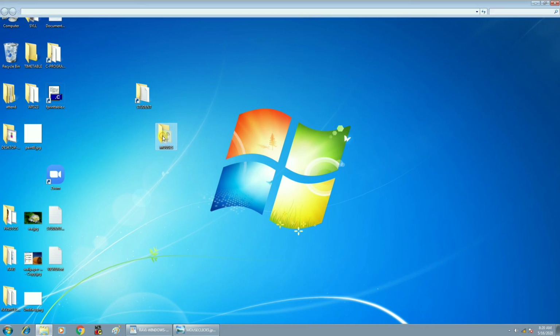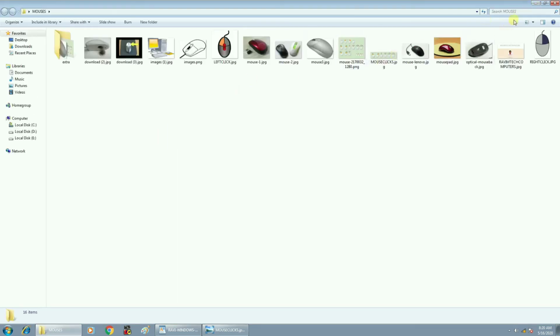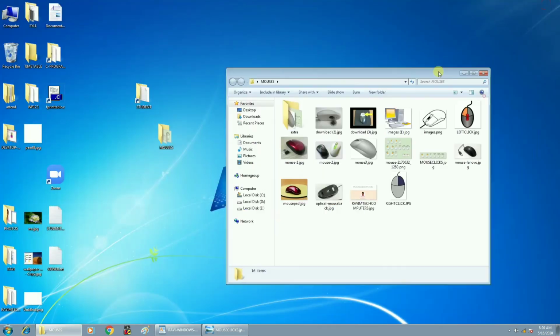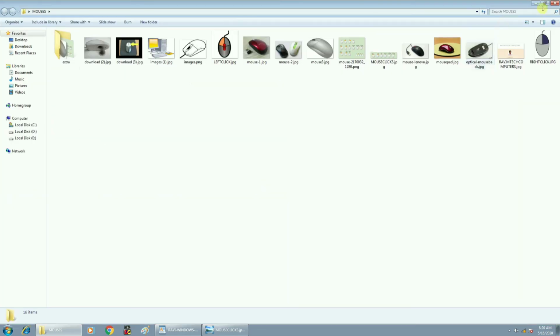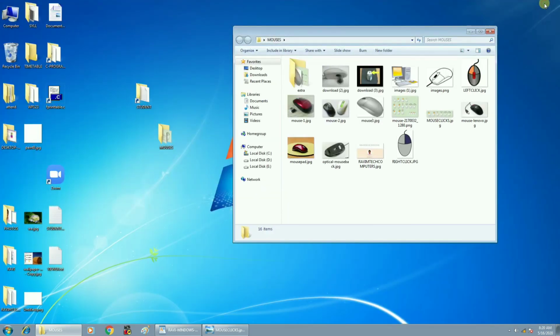Again, if you want to move it from this folder to the desktop, you can do it. You can use the restore button here. If you click on this, the maximized window becomes a small window. If you click on that button again, the small window becomes a maximized window.